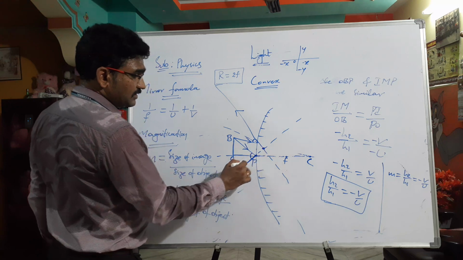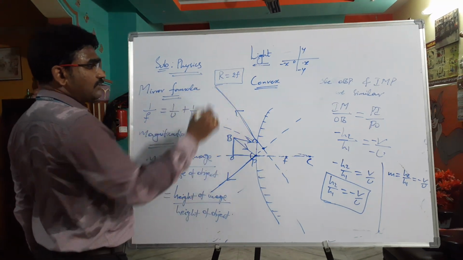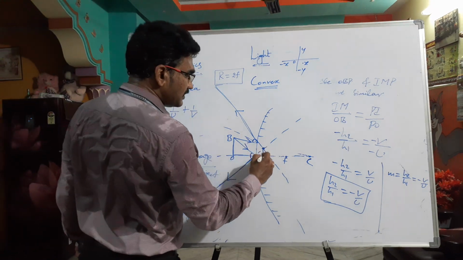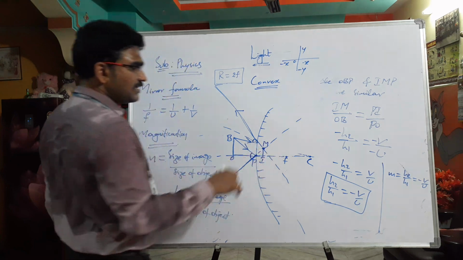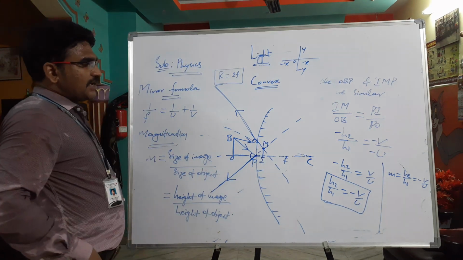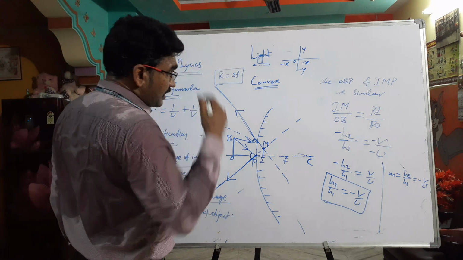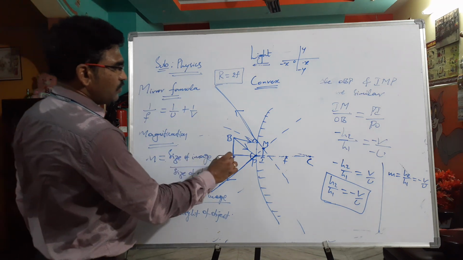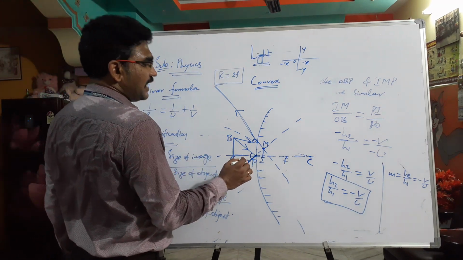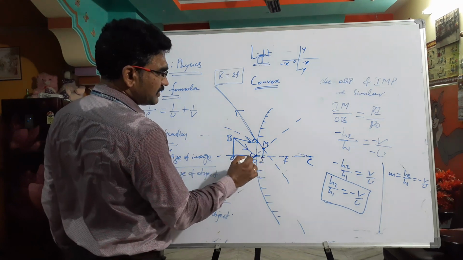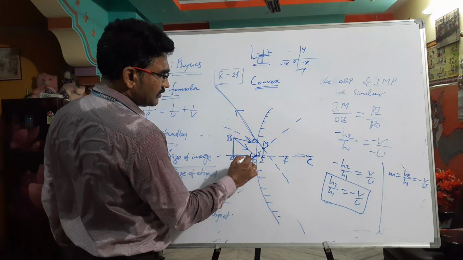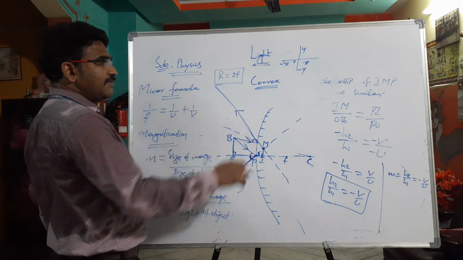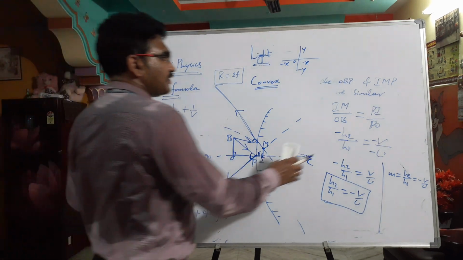This is the image point, because this reflected ray and this reflected ray cannot meet. That's why we are extending them back. Real condition is not there, it is a virtual condition. Then what we can say is IM is the image. Again, I can take two triangles here, OBP and IMP, which are similar, because this angle is equal to this angle, this angle is equal to this angle, and this angle is equal to this angle. Again, IM by OB is equal to PI by PO.